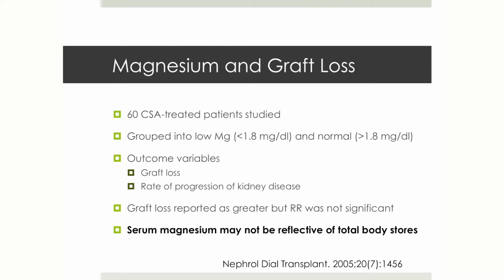So in magnesium and graft loss, 60 cyclosporin treated patients were studied. They were grouped into a low magnesium and a normal magnesium group. The outcome variable here was graft loss and rate of progression of kidney disease. And graft loss was reported as greater, but as I'll show you in the next slide, the relative risk was